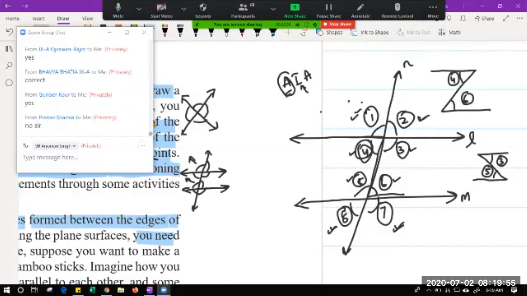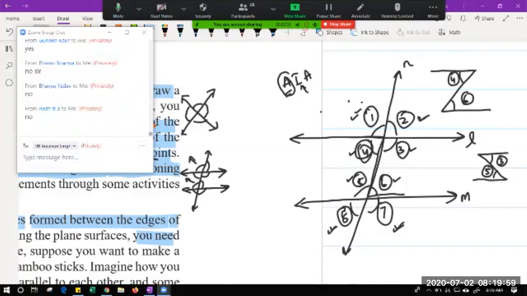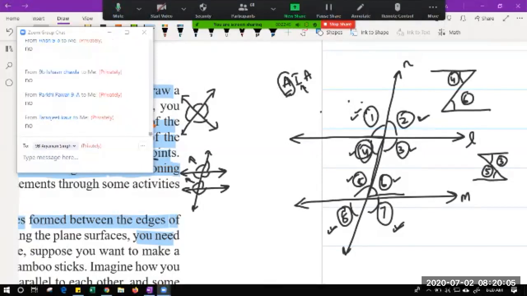No. You all are saying yes. Pranav, very good, beta. No. Bhavya, no. Now no will come. Okay, can anyone tell me why this no is coming now? What is the reason behind this no? Why is it not possible always? Please tell me that reason.